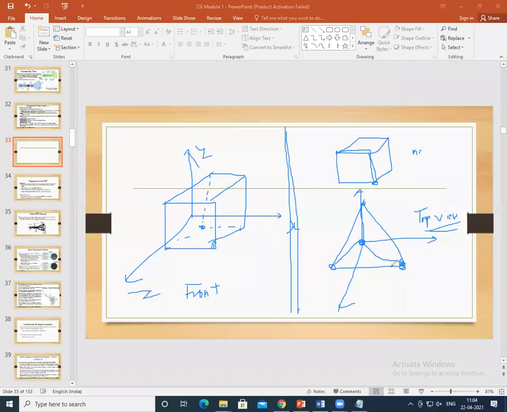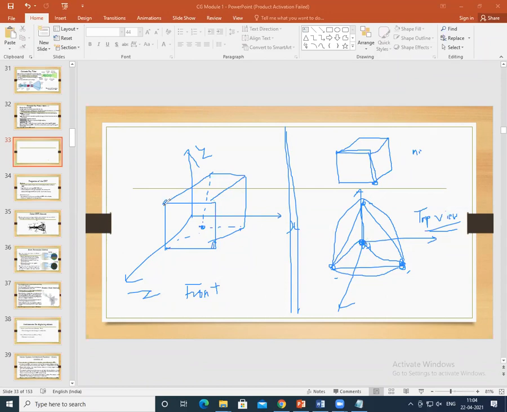We discussed this and we view this tetrahedron in the top view. For z-axis coordinates, if it is nearby, it is positive. If it is far, it is negative. So in the case of the tetrahedron, these three vertices are far, whereas this single vertex is near. So we have a positive z-axis.